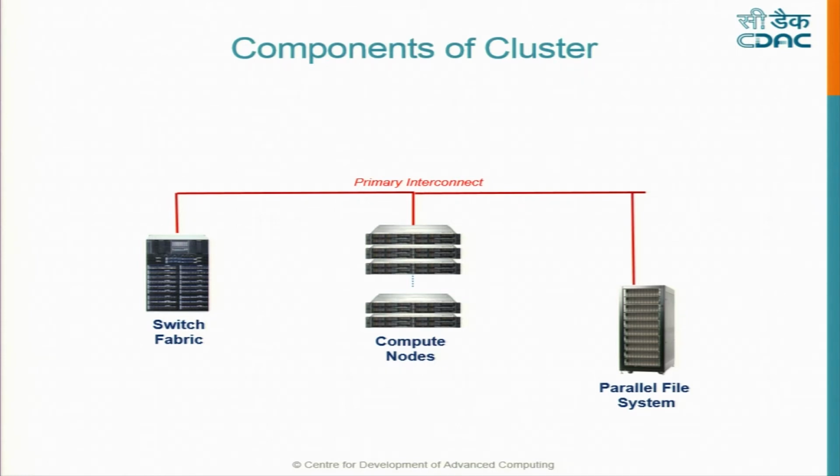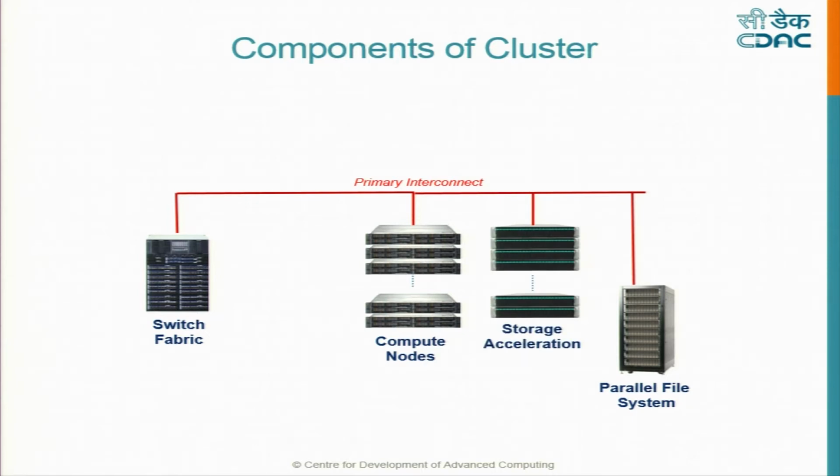Again, see, it's on the same switching fabric, which means the network which is used to exchange information between them also can reach the file system. Now, in the morning you heard about cache, which sits between your main memory and the CPU to speed up the operation. A very similar concept exists here. This is a parallel file system built using magnetic storage, and as you know, it's a rotating magnetic medium, so the access times are in milliseconds.